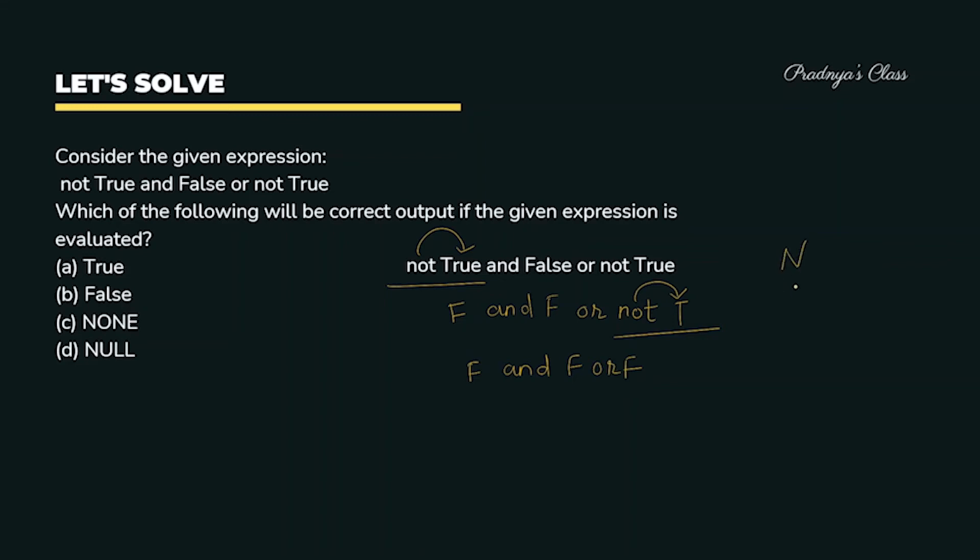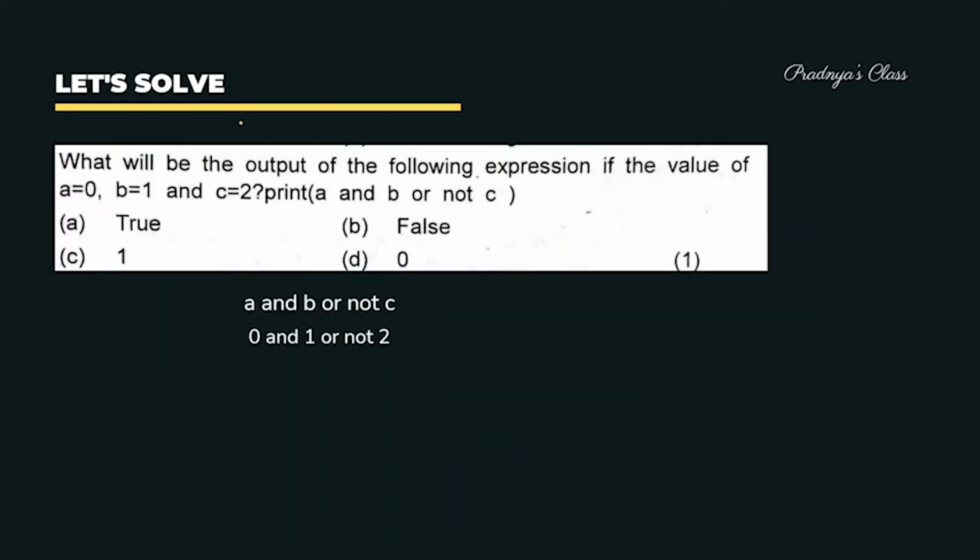नॉट के बाद सॉल्व होता है एंड ऑपरेटर। सो फॉल्स एंड फॉल्स विल बी फॉल्स। सो फॉल्स और फॉल्स विल बी अगेन फॉल्स। तो हमें मिल रहा है आउटपुट फॉल्स, जो कि है बी ऑप्शन में। सो ये एक्सप्रेशन इवैल्यूएट हो रही है और हमें आंसर मिल रहा है फॉल्स। तो ये करेक्ट ऑप्शन है। सो धीरे धीरे हमें कॉन्फिडेंस आ रहा है और हम एटलीस्ट लॉजिकल ऑपरेटर्स वाले एक्सप्रेशन तो अब सॉल्व कर सकते हैं।